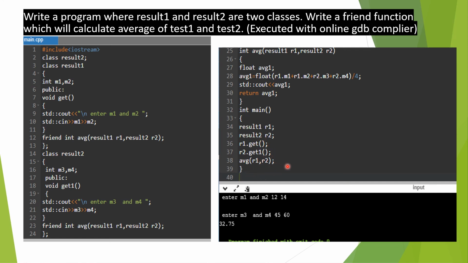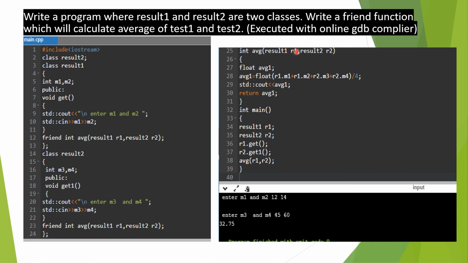Now see, to call the friend function you don't need any object, but you have to pass the objects in the call. The friend function name is avg, and here we pass the two objects, which you have already declared: result1 r1 and result2 r2. So for result1 the r1 object and for result2 the r2 object. So it will call this function.